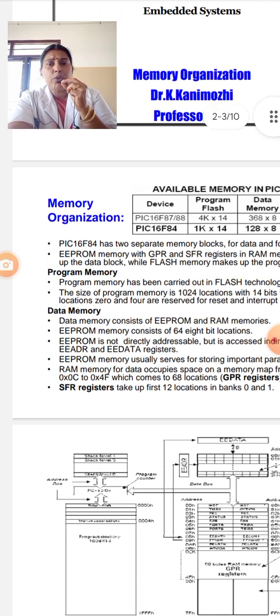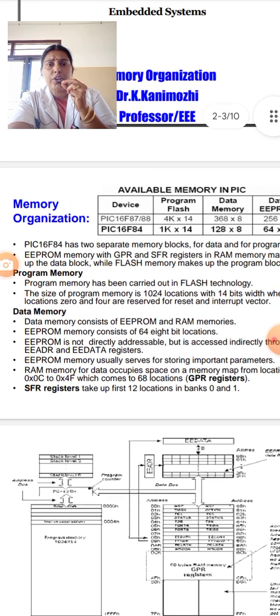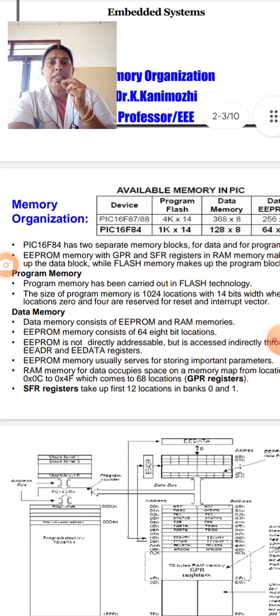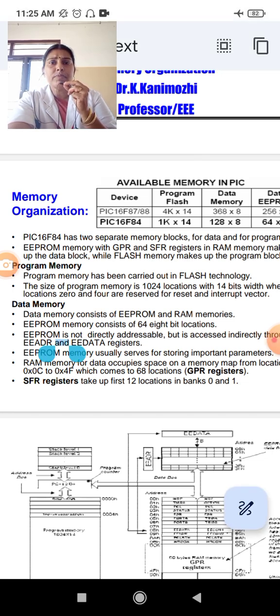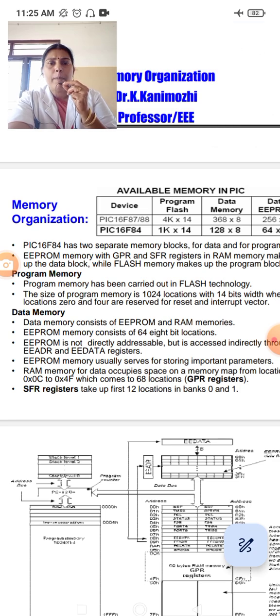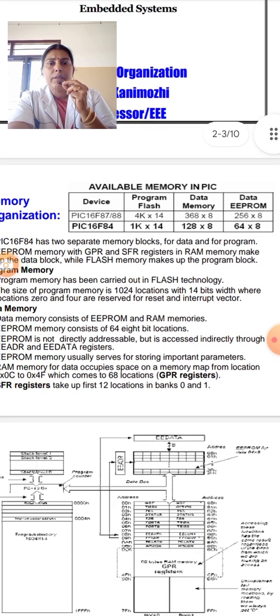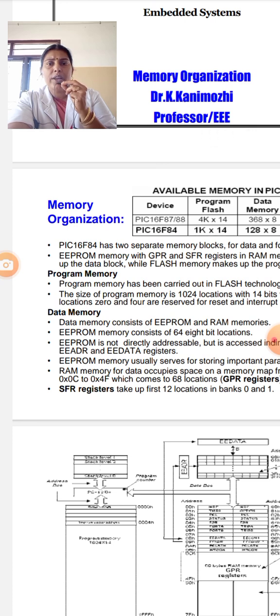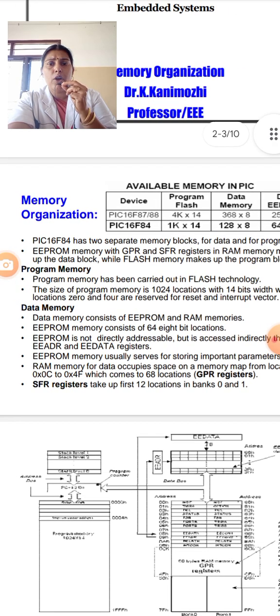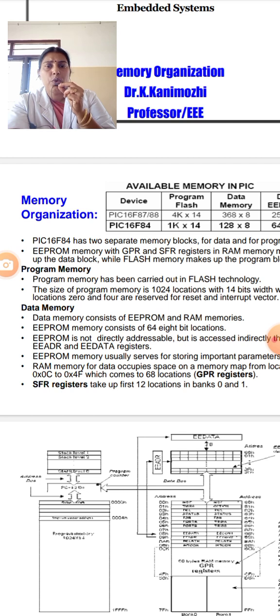PIC 16F84 has two separate memory blocks for data and for program. The EEPROM memory with the general purpose registers and special function registers in RAM memory make up the data block, while flash memory makes up the program block. The program memory has been carried out in flash technology. The size of program memory is 1024 locations with 14 bits width, and 4 are reserved for reset and interrupt